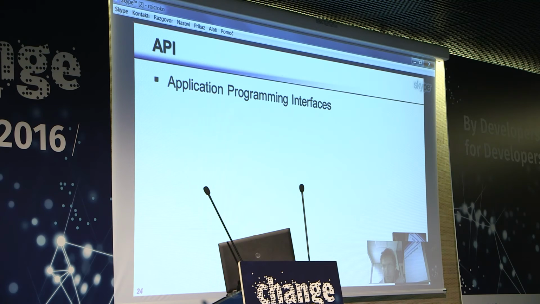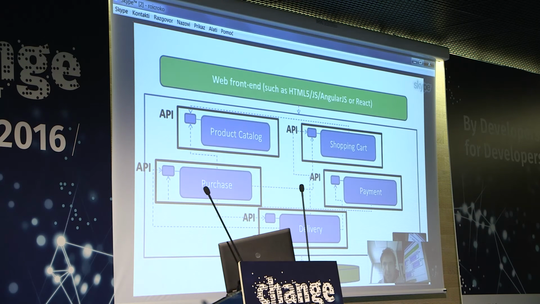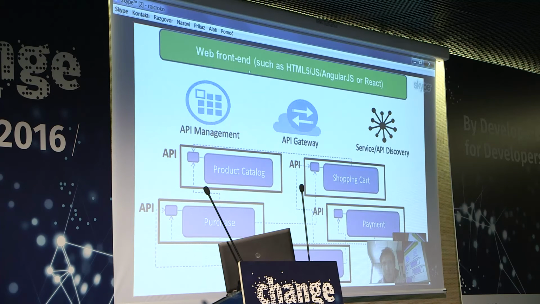And now the final ingredient is the APIs. Now APIs are actually the interfaces. We already had this figure and we had those interfaces there, and the communication through the APIs is something which is required for the microservice architecture. However, for more complex environments, between the front end and the APIs of individual services, you will usually require some additional middleware.